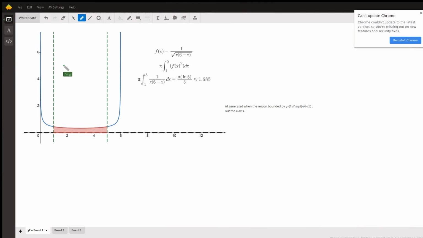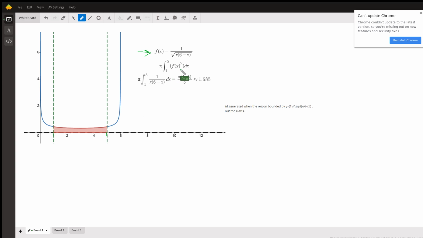Okay, it looks like we're going to use the disk method to revolve this red region about the x-axis and get the volume of the generated solid. This blue graph is the graph of this function f of x. And so the definite integral that allows us to calculate that volume is pi, definite integral from 1 to 5